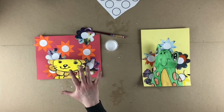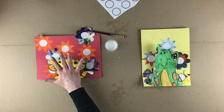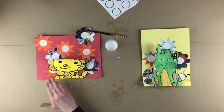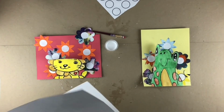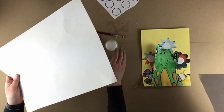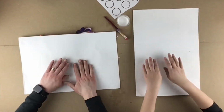So you're gonna notice that I'm stopping you right here. My animal is not pushed down. If we push this down with our hand and start rubbing, all of this black oil pastel is gonna smear everywhere. So we actually have white scrap paper that you can go ahead and put down on top of your